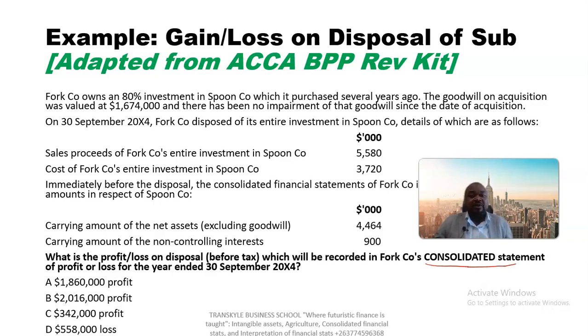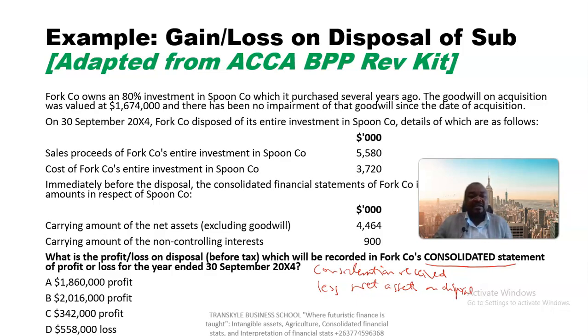We know the formula: gain or loss is given by the consideration received, or proceeds, actually, the proceeds of the sale, less net assets of the subsidiary on disposal,